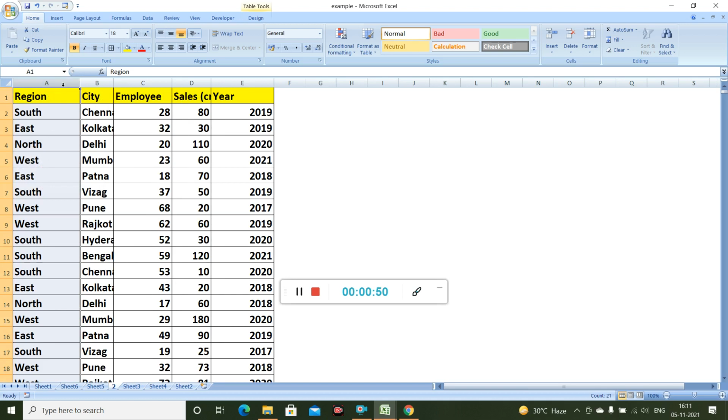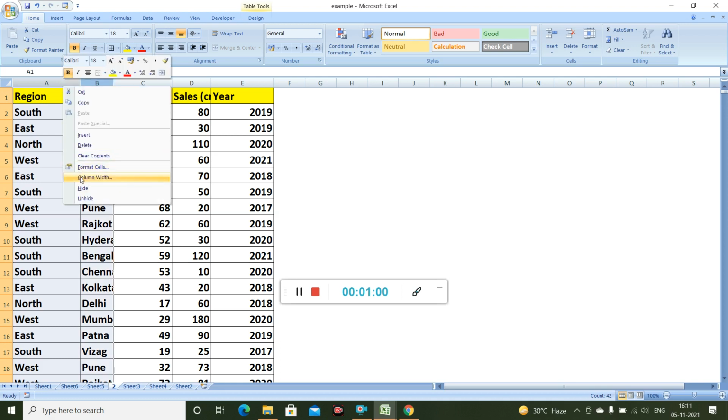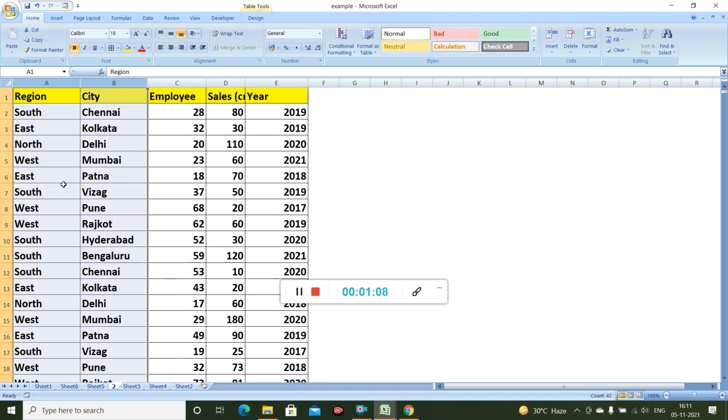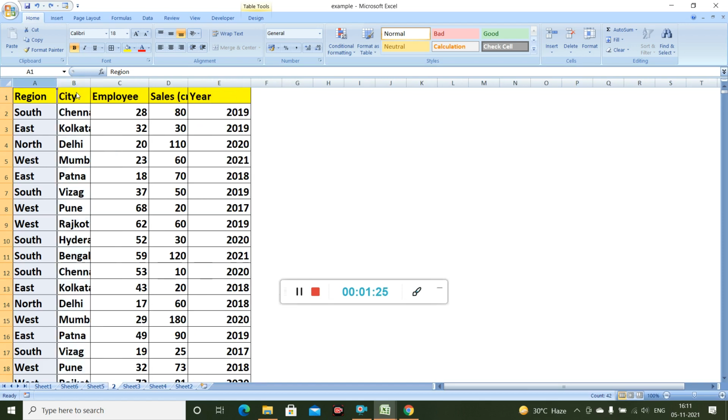Now let's say I want to increase the column width of two columns, the first and second columns. Then I will select these two columns, right click, go to Column Width and put the value 19 for both, and click on OK. You can see the column width of both these columns has changed. So this is the first method, where I select the column or columns, right click, and go to the Column Width option, and I can change it from there. This is method number one.